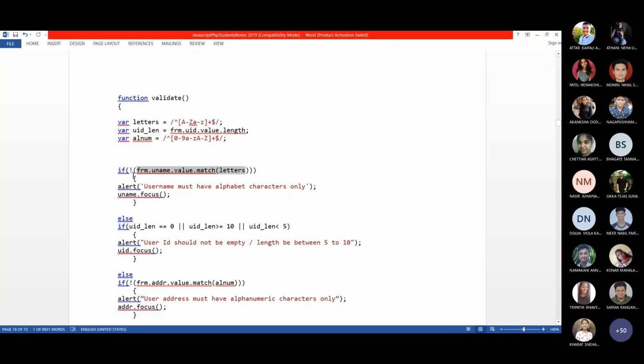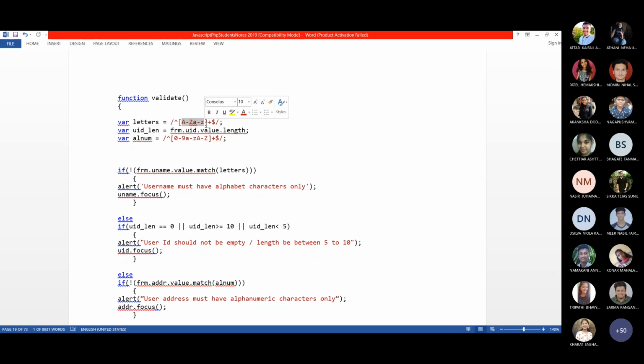Why have I given not equal to here? If this returns null, when will it return null? When it does not find any value between capital A to Z or small a to z. For example, I have written SIS1. SIS1 is invalid because as per my validation, username should have only alphabetical characters.